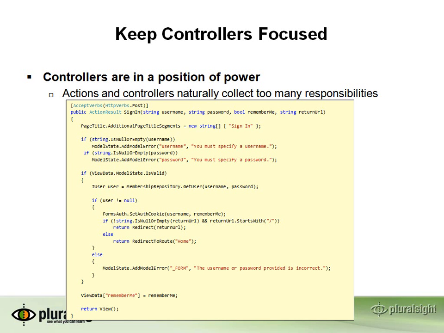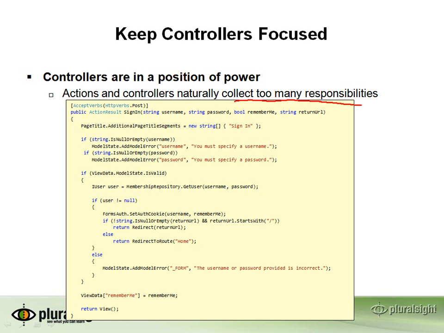One challenge when using the model view controller pattern is keeping your controllers focused. Controllers are really the linchpin of that model view controller triad. They get to select the view that's going to render. They get to interact with the business object. They get to build the model. Because of this, they're in a position of power, and over time they have this natural tendency to collect too